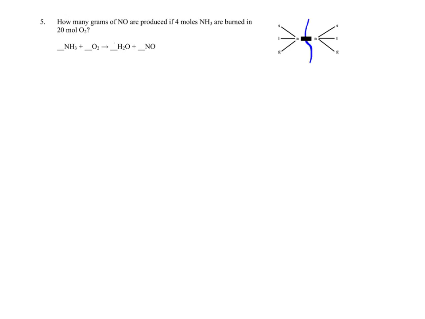So, whoops, I should have written down what I was doubling. So I'm going to put, is it a 4 here? 4 nitrogens, 4 nitrogens, 12 hydrogens, 12 hydrogens. Now I have 6 plus 4, that's 10 oxygens, so I need a 5 there. There we go. So we have it balanced, and so they want to know how many grams of this we